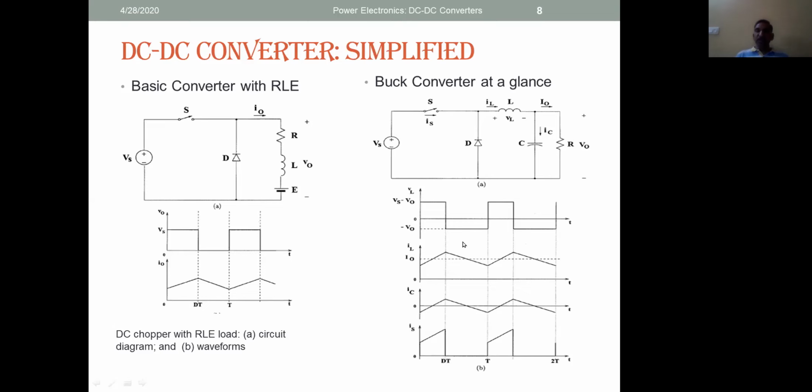When the switch is open for a longer duration, see that IL is getting dropped, linearly decreasing. Same is with IC, because these inductor currents and capacitor currents are getting dissipated in the load again through this freewheeling diode. But the switch current is 0 because the switch is open and the cycle repeats. So this is how the buck converter works practically for an RLE load. In the right hand side circuit, it is shown as R only for simple representation and understanding.